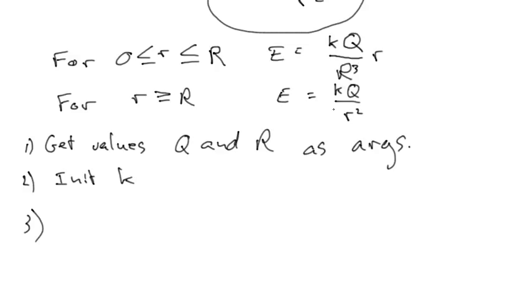For the curved portion, I'm going to use a bunch of points to smooth it out. So I'm going to work on the curved portion first. So I'm going to let little r equal an array, linspace